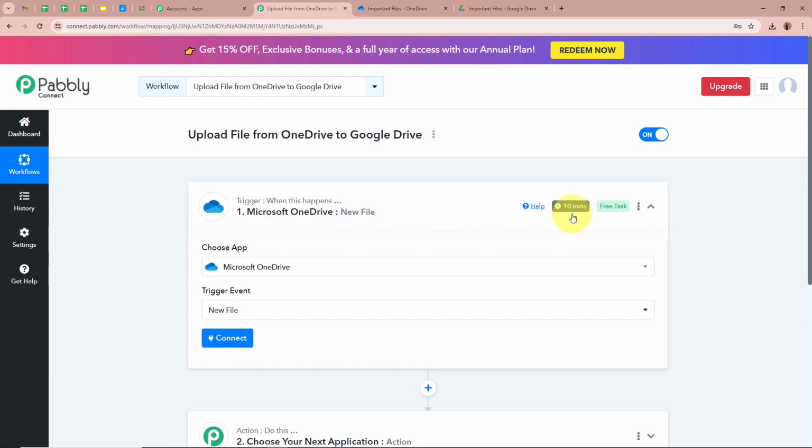As you can see right over here next to Microsoft OneDrive new file, it says 10 minutes. So this 10 minutes is the polling duration, because Microsoft OneDrive is a polling based application. That means every 10 minutes, whenever new data is captured in Microsoft OneDrive, it is going to send the data to Pabbly Connect. So if you're not going to receive the new file uploaded details immediately, then don't worry, because it has a polling time, and if you want to make any changes in this polling duration, then you can contact